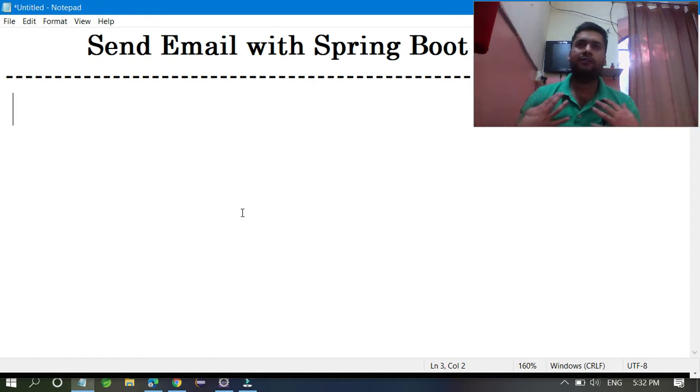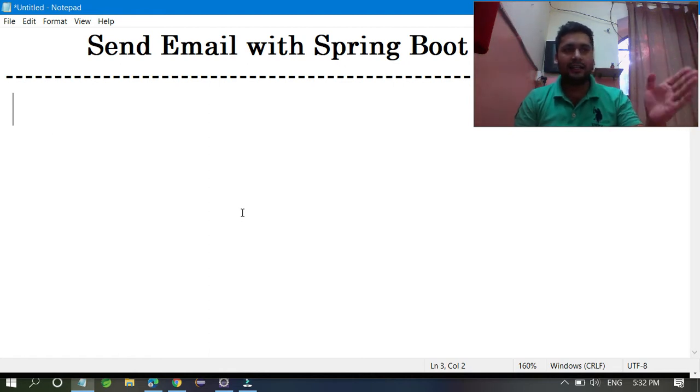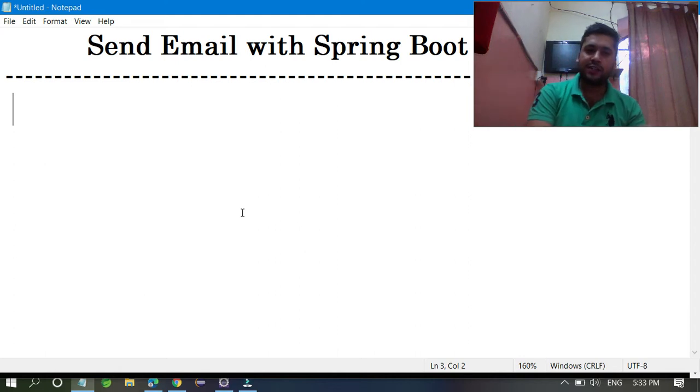For example, if I have a company with 10 employees and I want to send an email to every employee, what do I have to do? Simply, you can write one program. You already have the emails, so you can just collect all those email IDs and send the email. But now we are going to send it with a project, with a program. It means we are going to send an email with our program, not to an existing email ID. Okay, so let's start now.